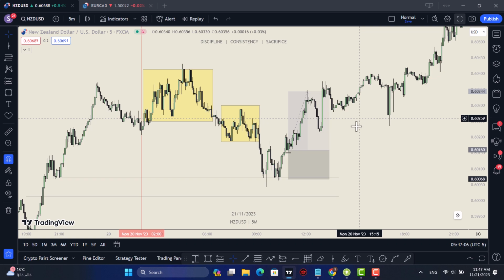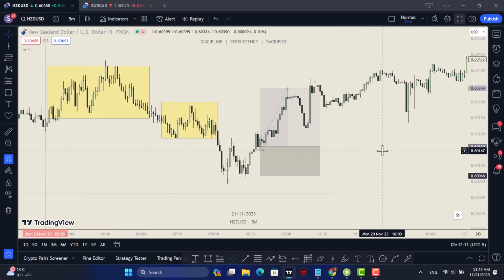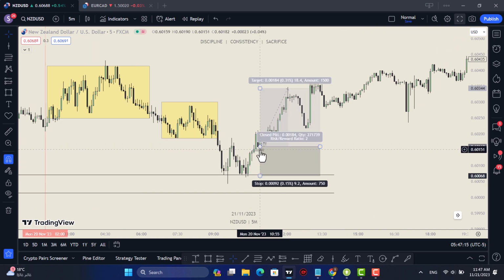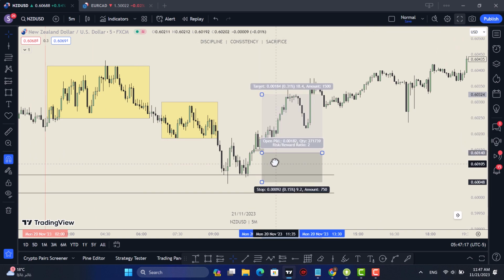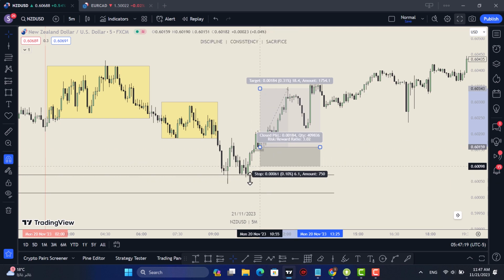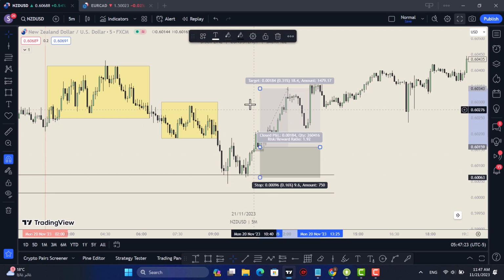So the last part, we have a market structure shift, returning to a 5 minute fair value gap. This one right here, your entry should be here, your stop loss always here. Don't be greedy and put it here, right? And you can target